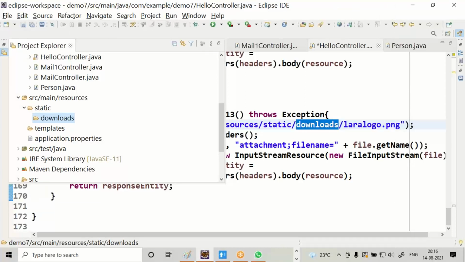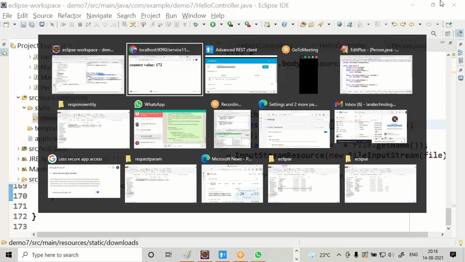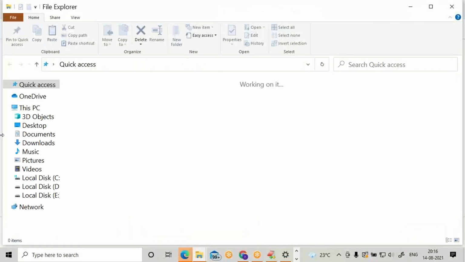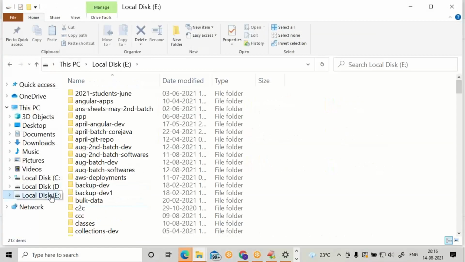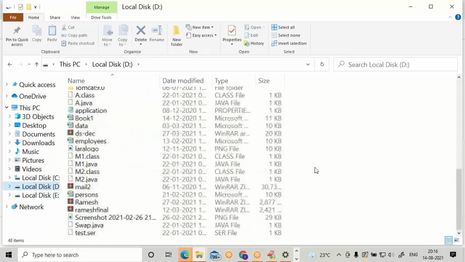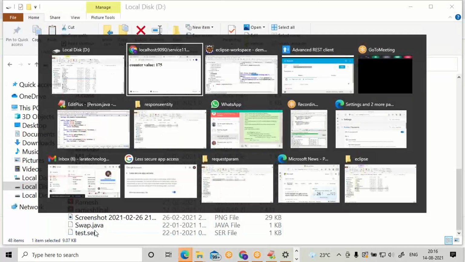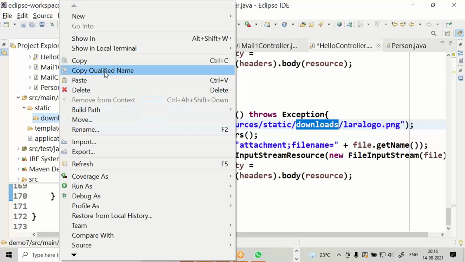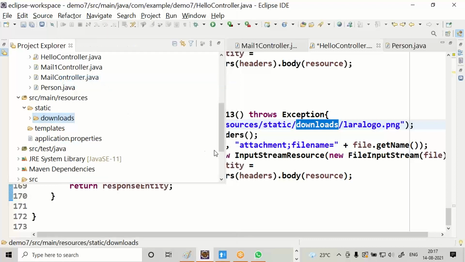Inside the downloads, you can keep any file. Let me copy the Lara logo itself. In the downloads folder, I'm keeping one file.